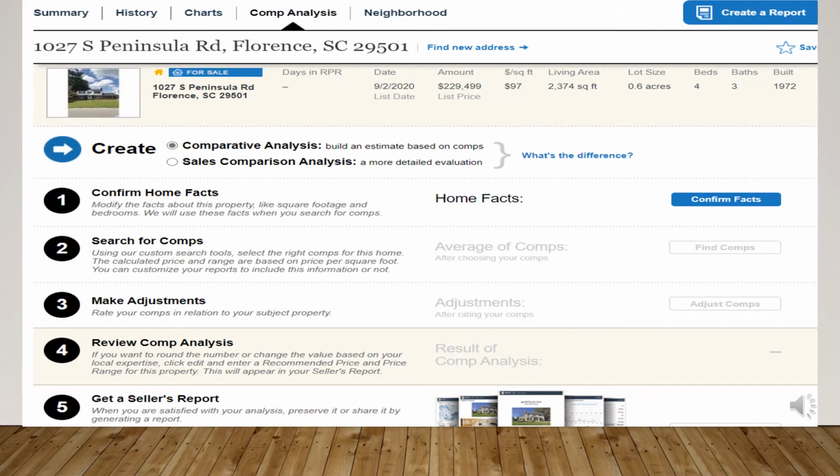Here is where you create a comparative analysis. First step is to confirm the home facts. You can modify them for your report. Any changes you make to the analysis will only show up in your report and not what is actually in